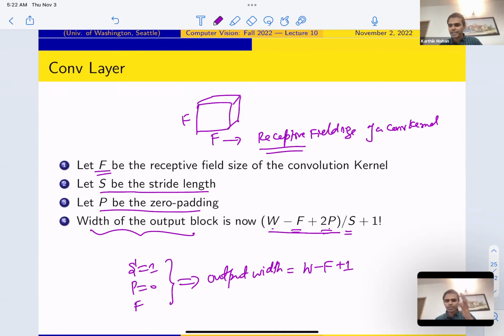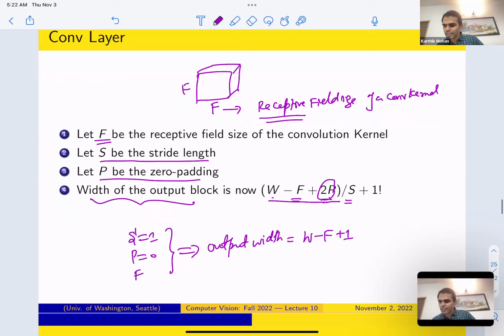So it turns out P is just, you add a padding around the image. So you add on both sides. So that's why 2 times P. So if you only add on one side, it's P. So now you have 2 times P. So that's why it's plus 2P. So now it makes sense. W minus F plus 2P over S plus 1 will be the width of the, so basically if you have